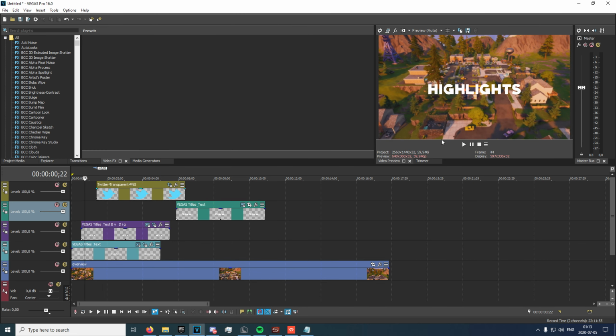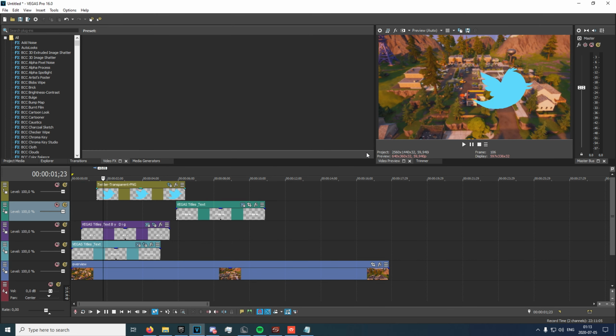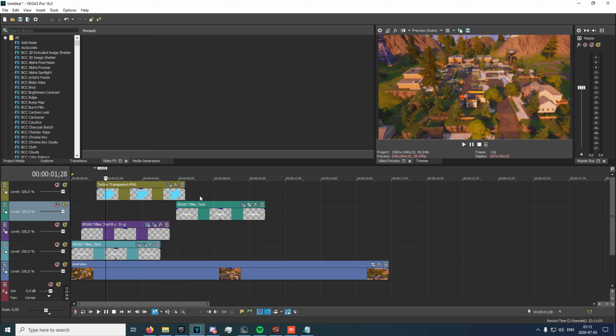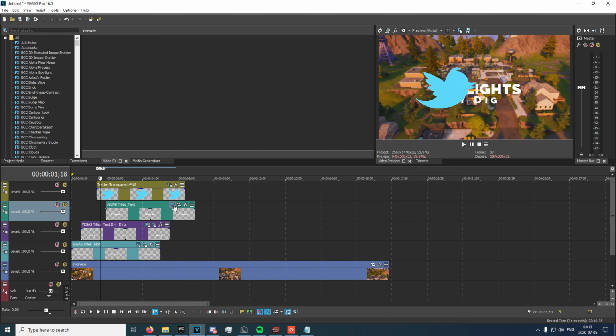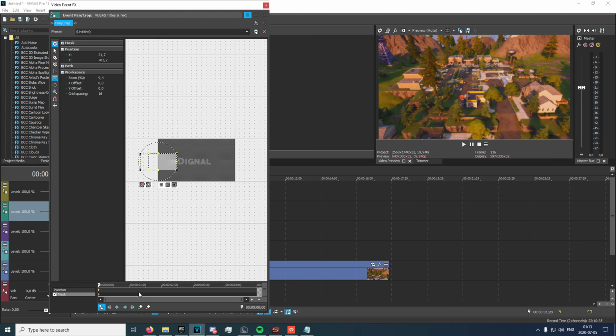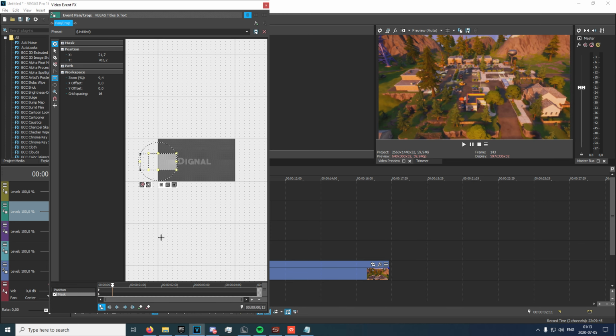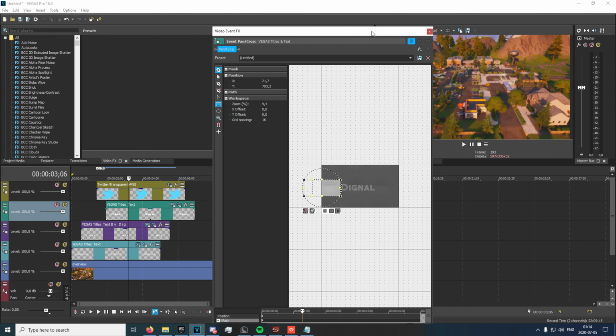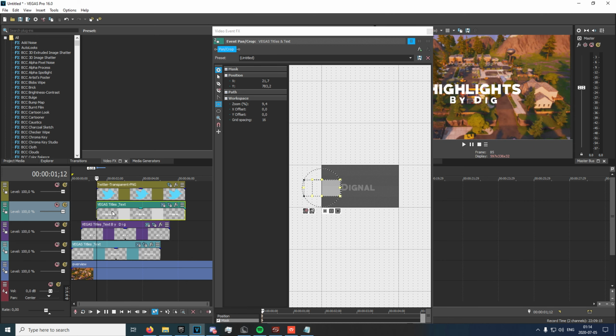Amazing. Now we obviously want the text to appear. We want our handle to appear after the photo. So what we're gonna do by that is we're gonna open this up, enable masking right here, click on the first keyframe, make a rectangle big enough to cover the entire text on the left side. And let us see here. We want to drag this down up here,